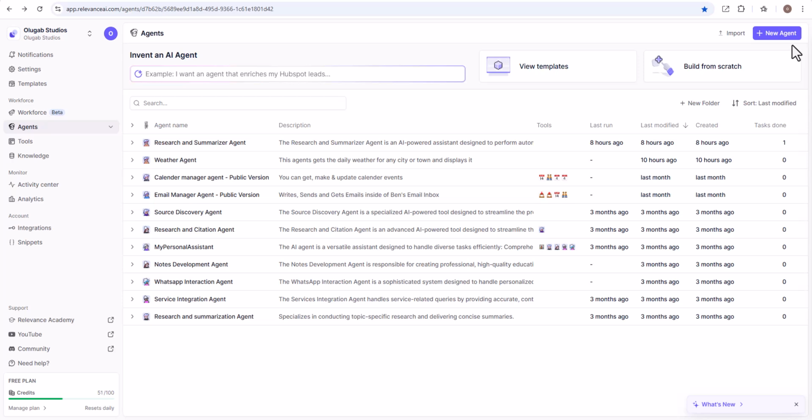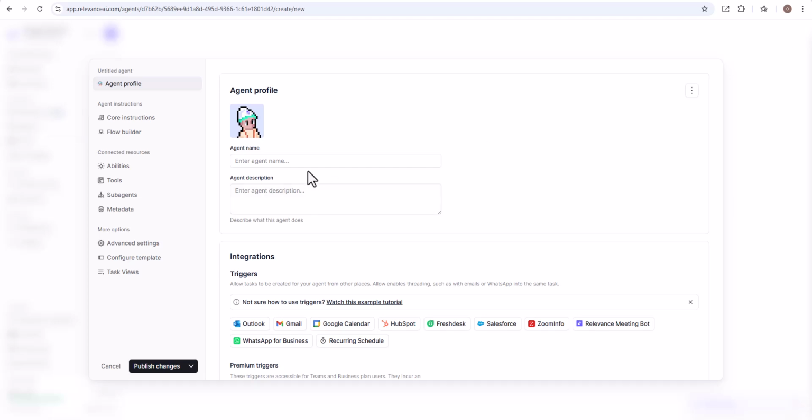What is important for you is to move over to where you can see the new agent. You can see my cursor over there, the right hand side, right corner. You can see where we have new agent. So click on it. Yes, here it's asking us to input our agent profile. So we give it a name called researcher and summarizer agent. So we need to come up with the agent description, and here it might be nice you make use